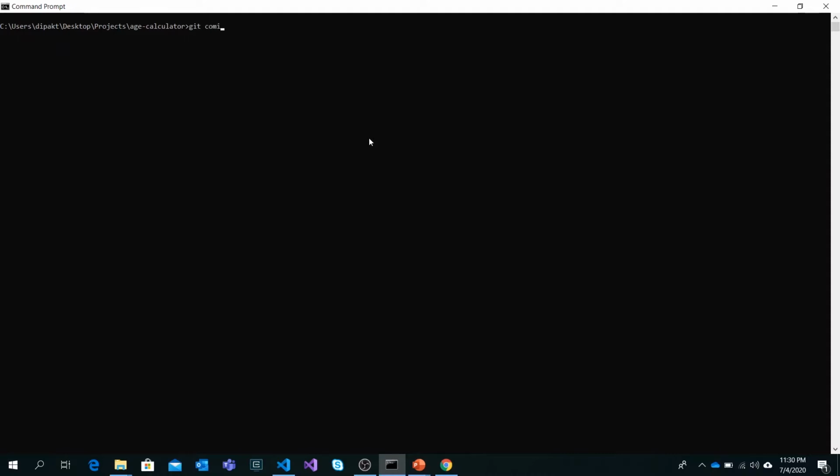I'm going to commit the changes that are already staged with the message project init. I always try to specify as simple a message as possible, so it should be concise and precise. As of now, we have already done the first commit for the project. If you would like to check the history, you can simply use git log and it should give some recent commits.